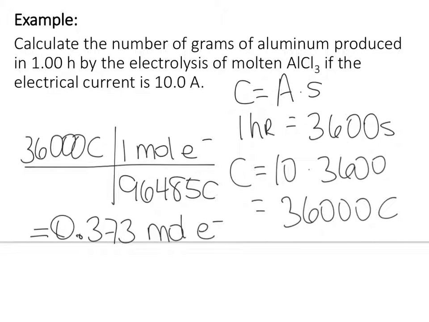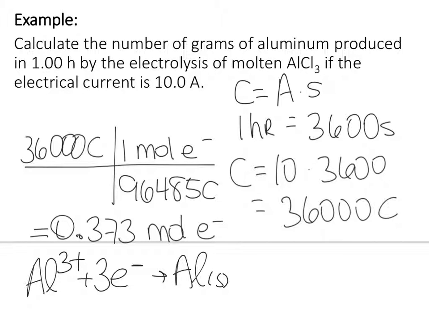Now our question then is basically, all right, how many grams is that? Well, somehow we have to relate electrons and grams of aluminum. Well, that's kind of weird, except if you remember, we have a chart of standard reduction potentials. On those charts, we have various reactions, specifically one including aluminum, and that reaction happens to look like this. Al 3 plus, 3 electrons,